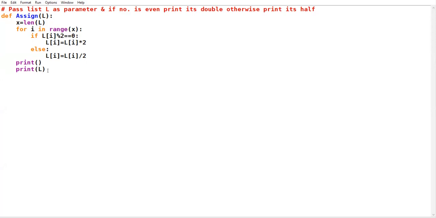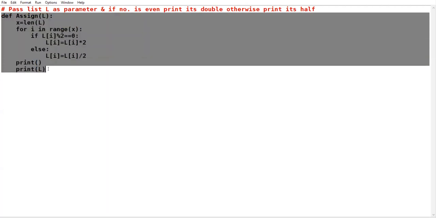But 12th class, remember one thing. So far as the theory paper is concerned, CBSE demands only this much portion. You will assume that the function is called and the list is created. That is your only job, so far as the theory subject is concerned.